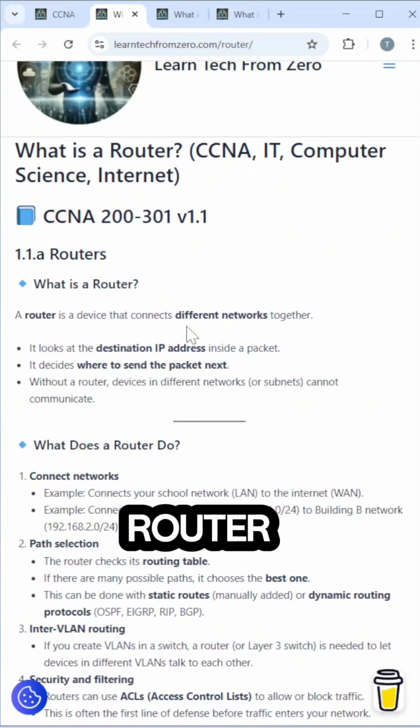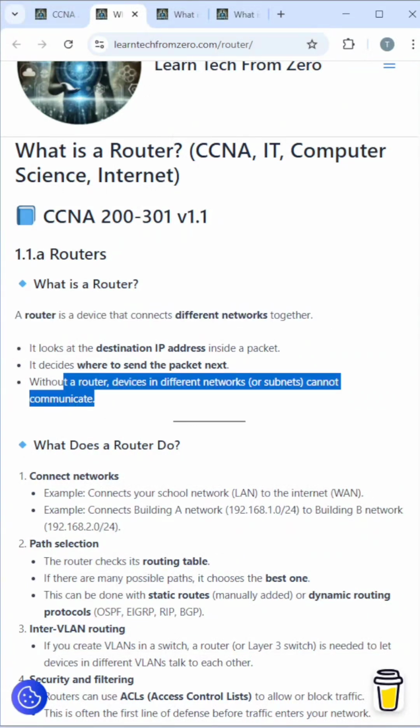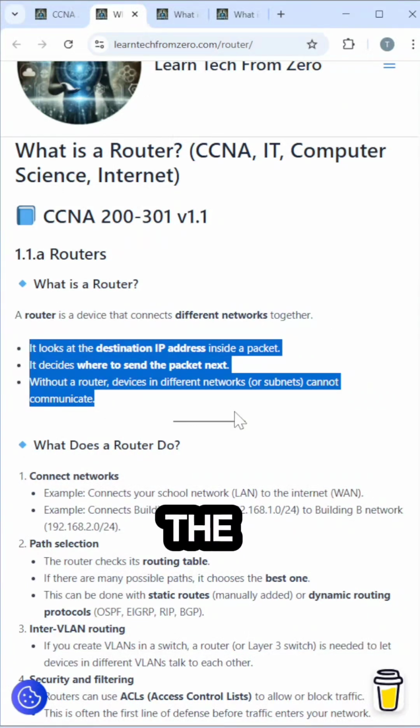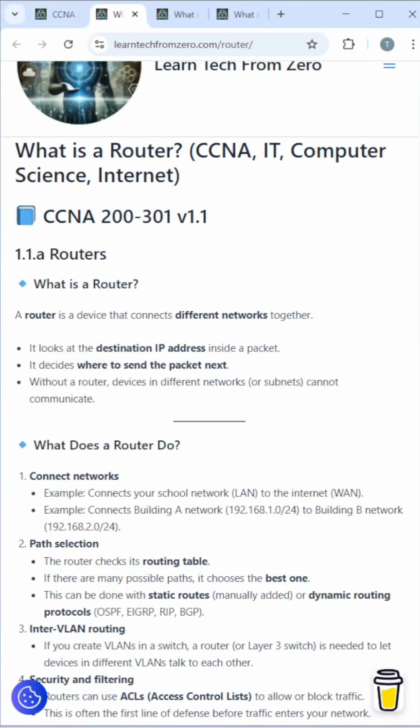So what is a router? A router is a device that connects different networks together. It looks at the destination IP address inside a packet. It decides where to send the packet next. Without a router, devices in different networks or subnets cannot communicate. So what it means is,